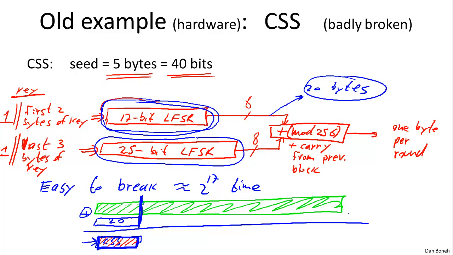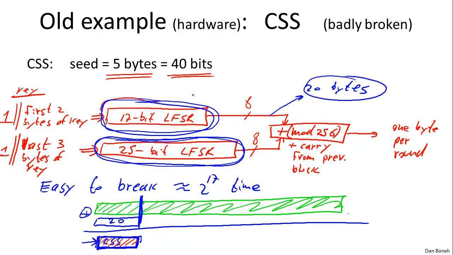Now, it turns out that looking at a 20-byte sequence, it's very easy to tell whether this 20-byte sequence came from a 25-bit LFSR or not. If it didn't, then we know that our guess for the 17-bit LFSR was incorrect. And then we move on to the next guess for the 17-bit LFSR, and the next guess, and so on and so forth,